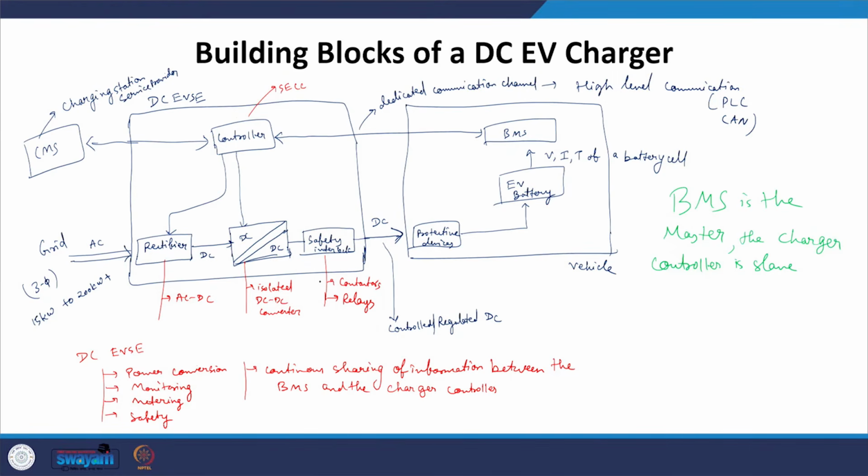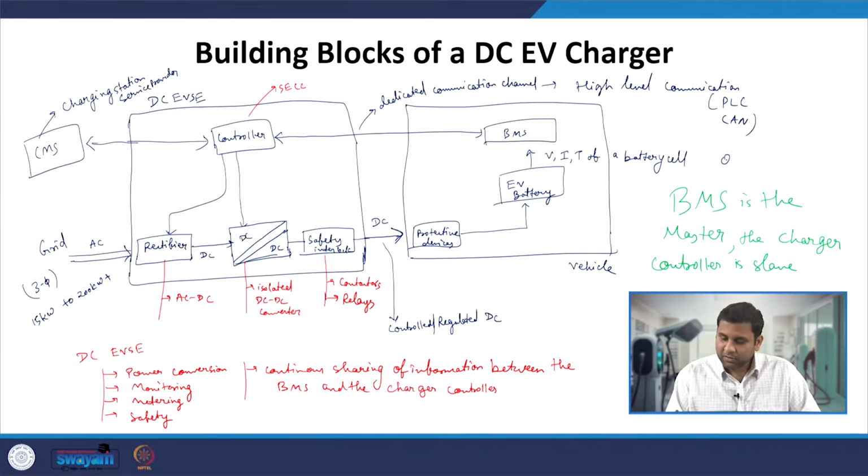However, when someone wants to charge the vehicle fast, in just 15 to 30 minutes, then they go for a DC charger, which is nothing but a DC EVSE, where the entire power conversion is taking place inside the EVSE itself, and there is no power conversion onto the vehicle, or you can say that the onboard charger is bypassed in case of DC charging. Since the power conversion is taking place outside the vehicle, it is also sometimes called the off board charger.